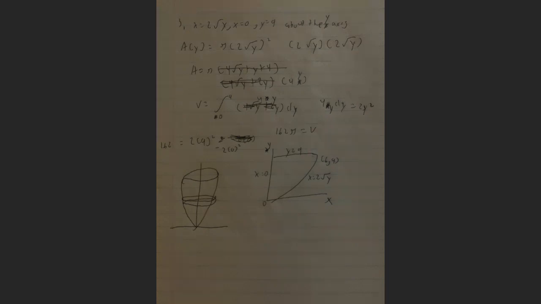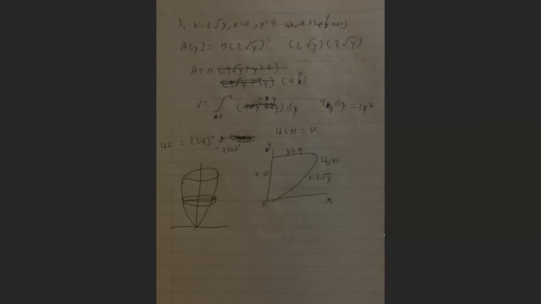So I tried to find the volume of x equals 2 times the square root of y, and they also gave us x equals 0 and y equals 9, about the y-axis. So for this, the radius is just 2 times the square root of y, squared, times pi, which I got is pi times 4y as the area, and then the integral of 4y is 2y squared,